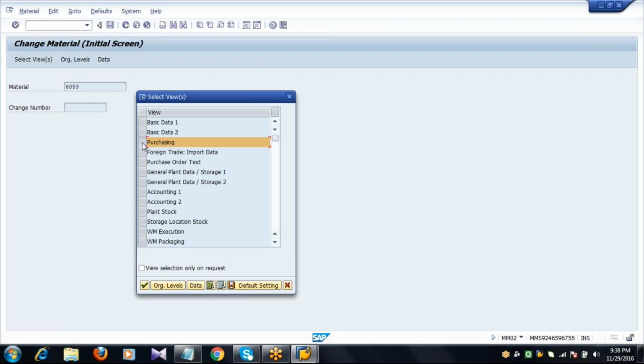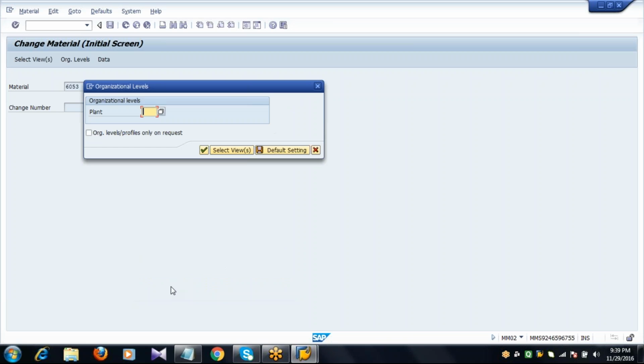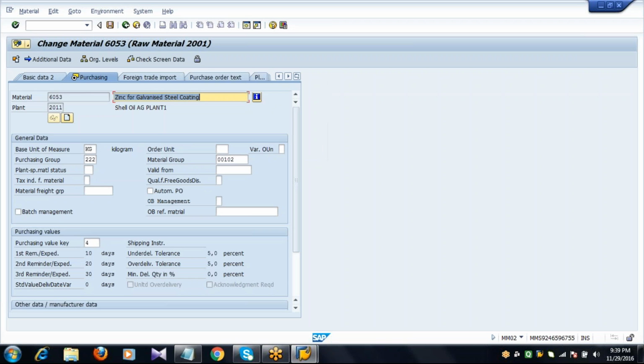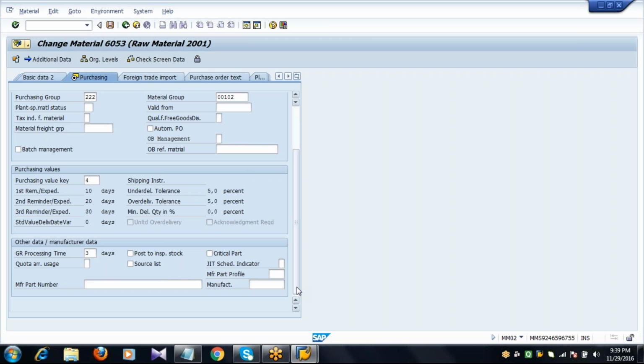Purchasing view. Enter the plant. Press enter. So in the purchasing view, you have an indicator called source list.